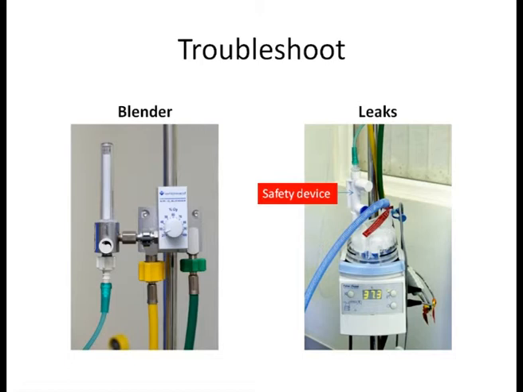If there is a leak in the circuit, even if it's minor, then the flow of gases required to generate pressure is going to be increased. But if it's going to be a major leak, the pressures in the circuit are not going to be built up and there will not be any bubbling in the bubble chamber.